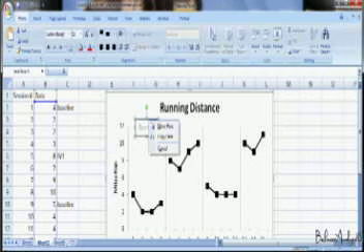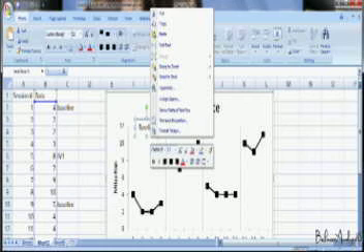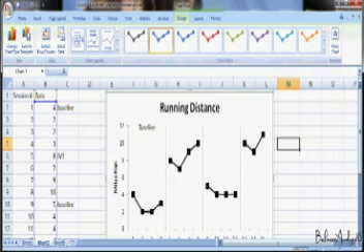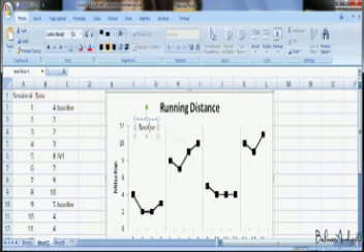As you can see, it's selected by all the dots surrounding it, so I'm going to right click it. On the drop down menu, I'm going to select copy, and then over here,